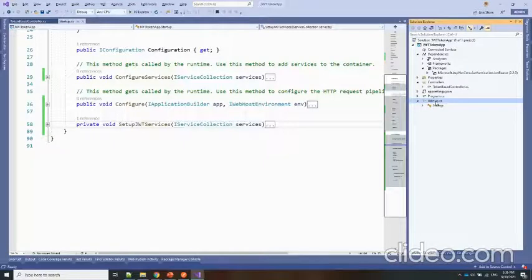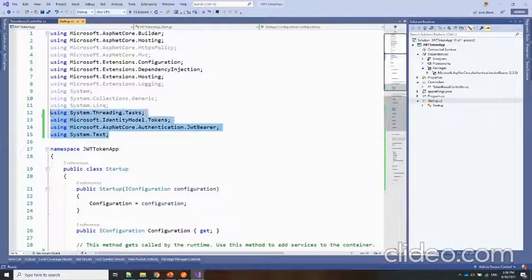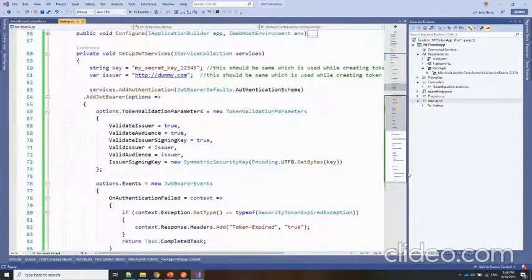After that, we know that the first entry point is Startup.cs. First, jump onto this one. There we wrote one small method, and here I just added these four namespaces: threading tasks, IdentityModel, JwtBearer, and System.Text. Coming on to this method, what we are doing: these are actually the key or the issuer. Issuer means whatever site we are deploying, it will work for this one. And the secret, this key is the key which we use to